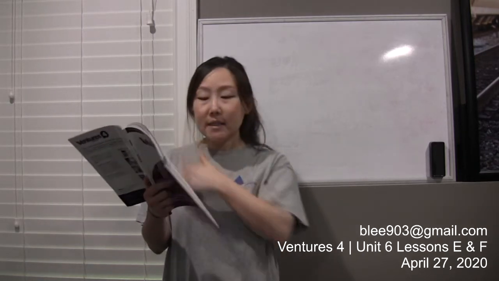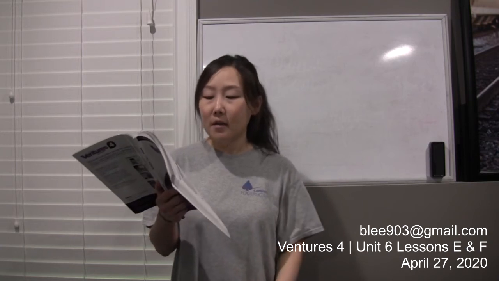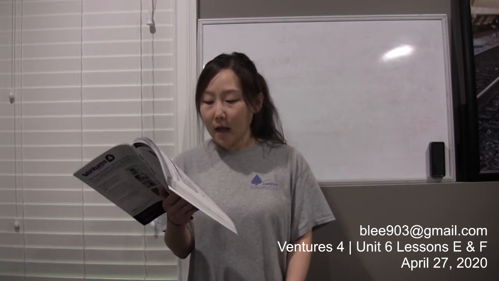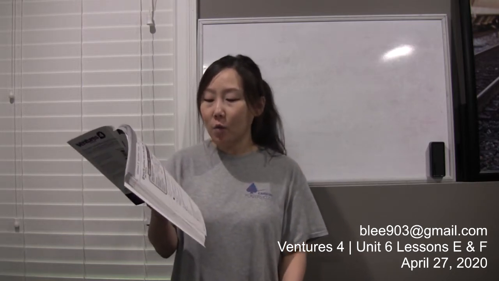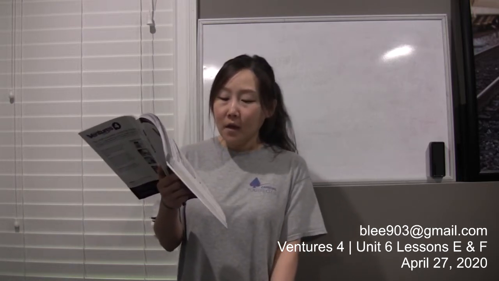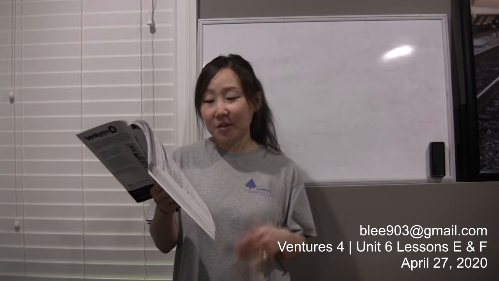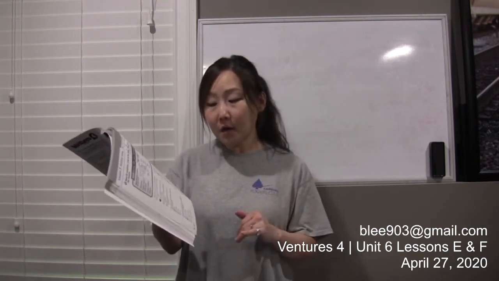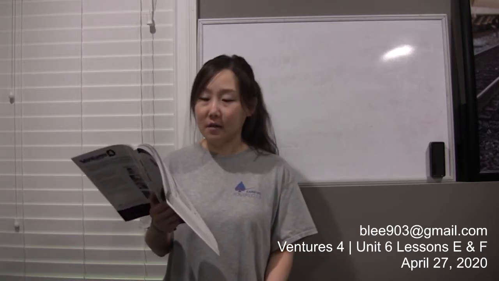And then number 4, what was the most popular product for both groups of people? So we can say a television was the most popular product for both groups of people. Then number 5, which product was more popular with older people than younger people? So we can say a television was more popular with older people than younger people. And then number 6, which statement is true? The answer is more younger people have laptop computers.